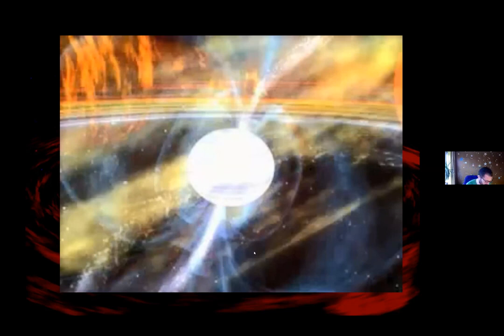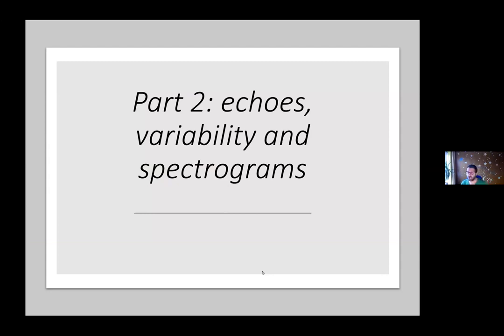Now let's go into something that you hopefully will recognize. Part 2 in our journey is going to be about echoes, variability. When I talk about variability, I mean things that change in time. This can be, for example, a lamp that is broken, or flashing, turning on and off. That's what we call variability. I will start with sound, things that we know, but it's sound and it's not light. But the effect is